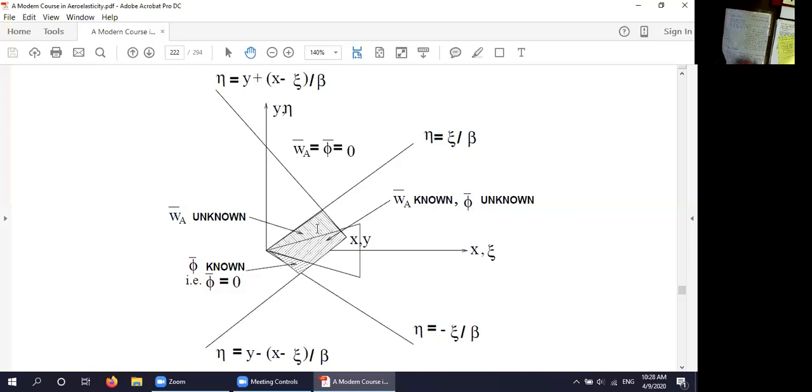And the numerical procedure is easy to describe, not always easy to implement in terms of computer code. Basically, we do the following. We take the shaded region and we divide it up into little boxes. And we assume that phi or d phi dz is a constant within that box. And let's say the number of boxes is 100. Then let's say we have, I don't know, 60 boxes off the wing and 40 on the wing or vice versa.